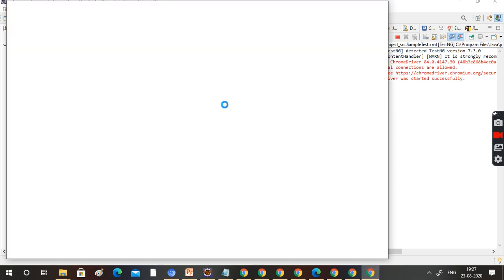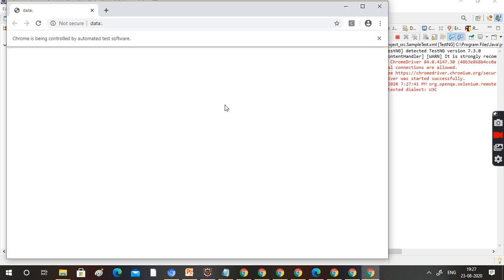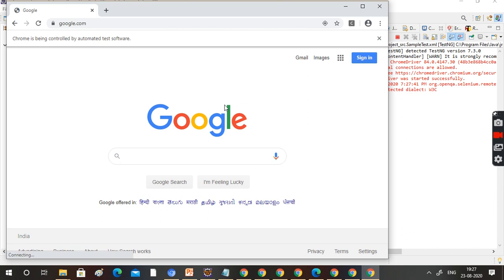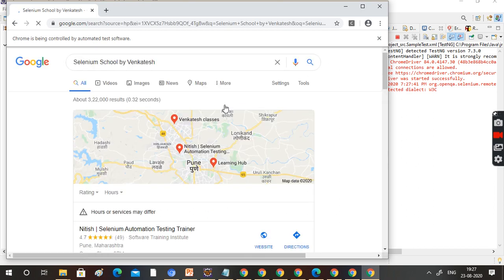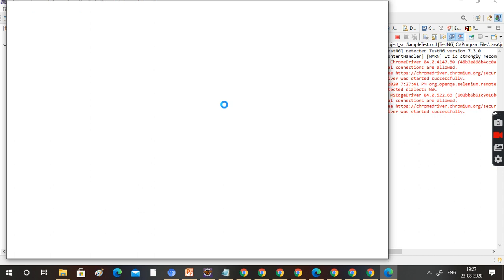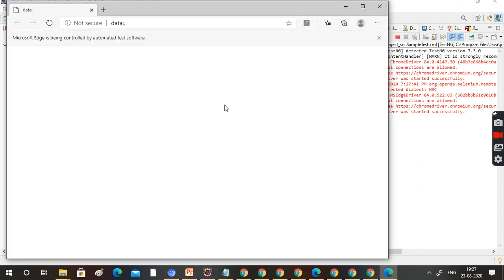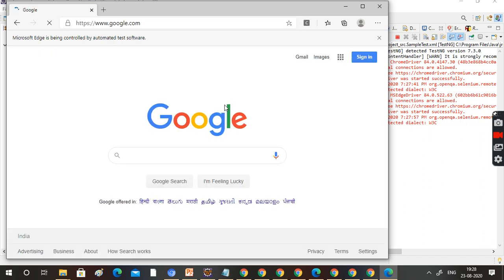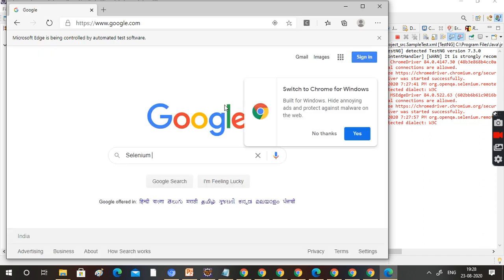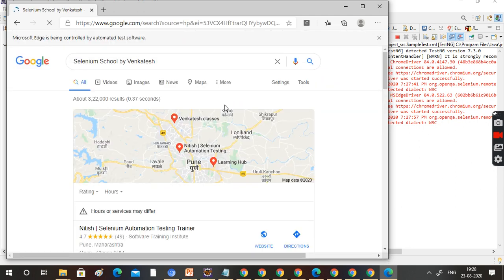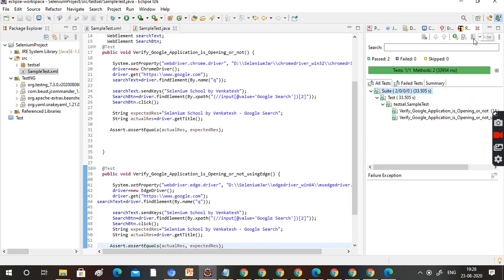The first one is Chrome running, the second one is Edge running. Okay, now both the cases are passing.